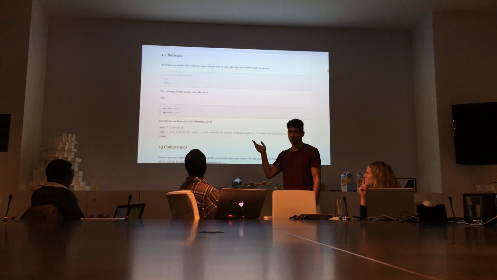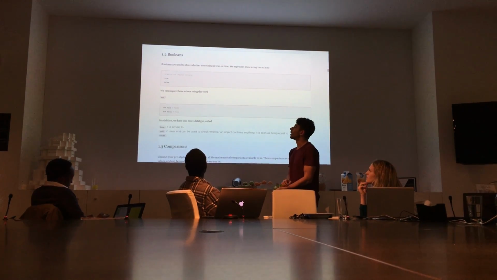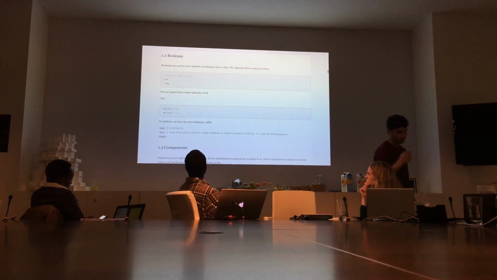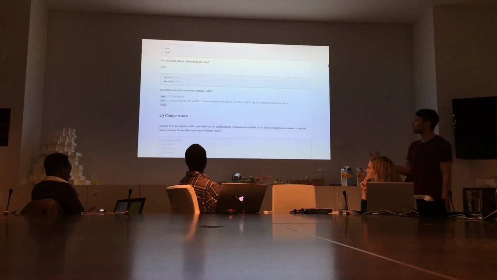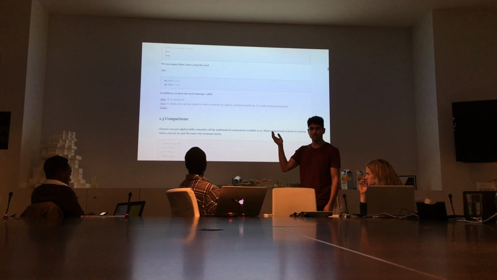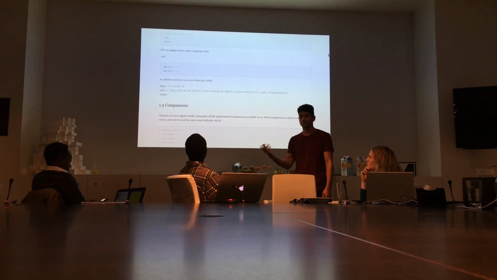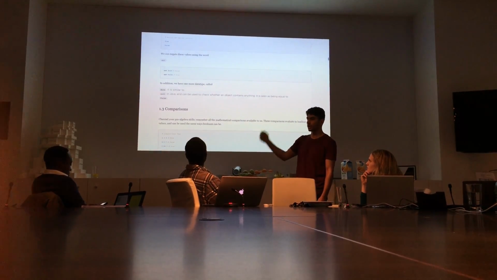So the True and False data types must be capitalized. And to negate these booleans, you add the not keyword in front of it. For example, if you want to look for something that's not true, you would use the not keyword and the True keyword, like that.